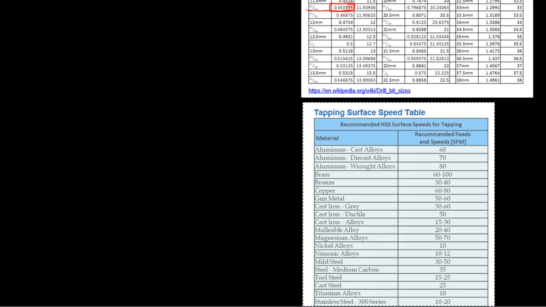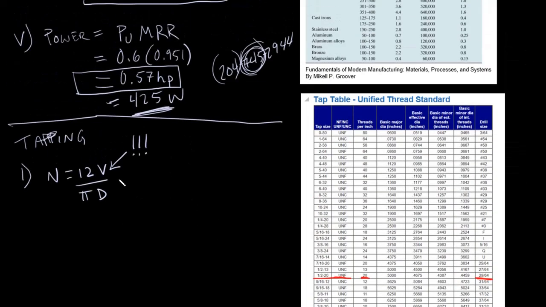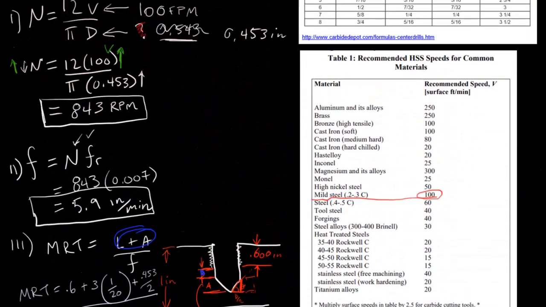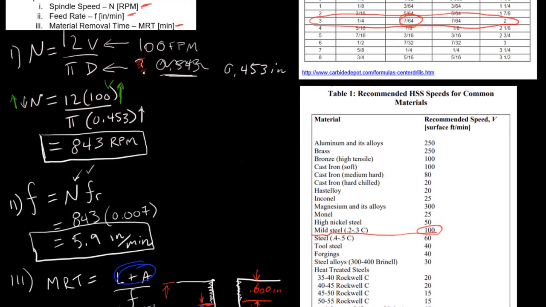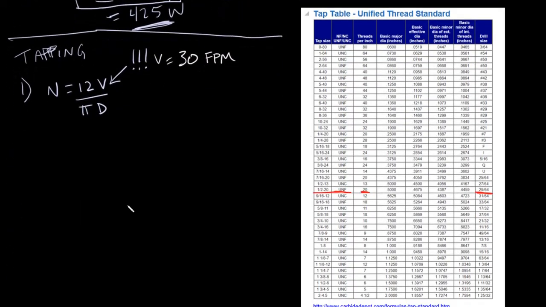And I need to switch to my pen function. There we go. Okay, so mild steel, and I'm going to use 30 surface feet per minute. So V is equal to 30 feet per minute. And if you compare that to the first one, it was 100 for drilling the hole. So it's quite a bit less, about a third